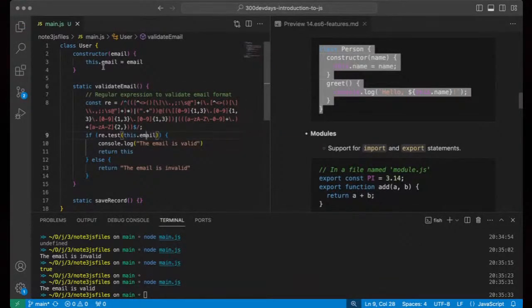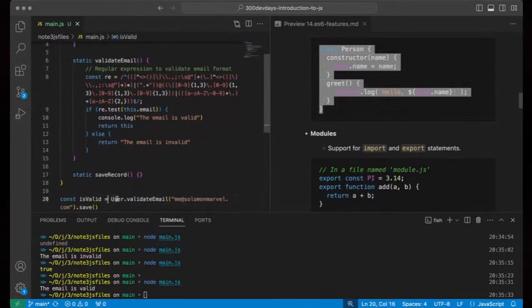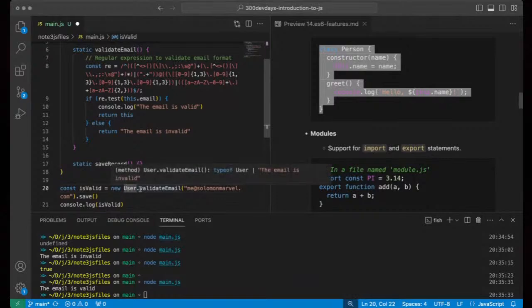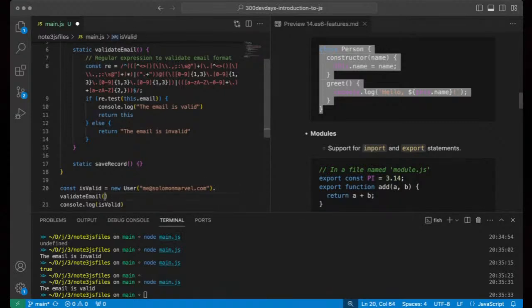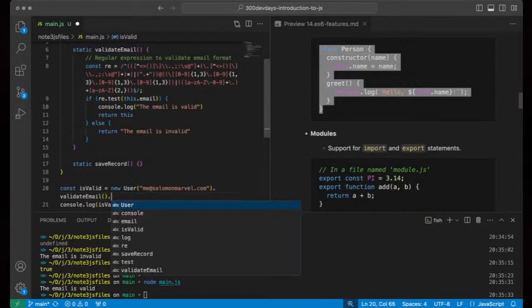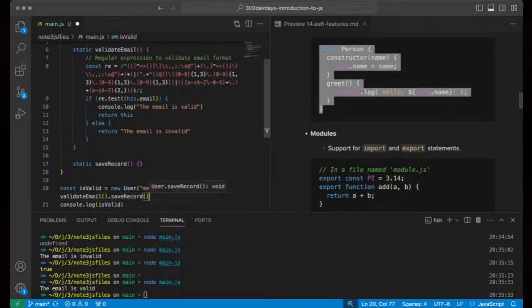Now, this makes sense. We've created a constructor. It means when we're creating an instance here, this is the pointer, we have to say new, right? And now we have said, okay, a new user. So all we have to pass in first would be the email, right? So now that we've passed in the email, we can now proceed to perform .validateEmail, right? Now, if email is valid, we can go ahead to say .saveRecord, okay?